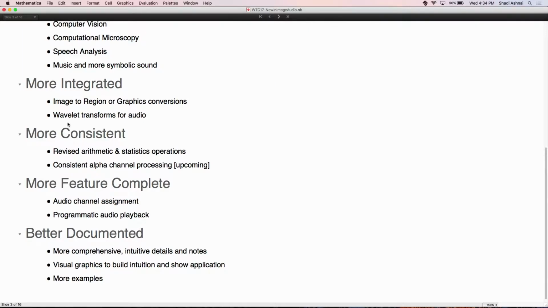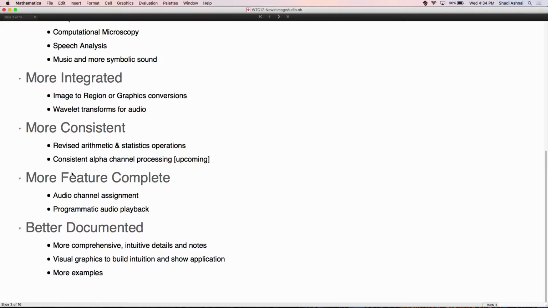We are trying to be as integrated as possible with the rest of the system, just because we see that our subsystem is much stronger, much more powerful, and much more useful if it is integrated with the rest of the system. So we are building the bridges to make the connections. We are making consistency updates whenever we see that the design of this or that feature that we have added is not super consistent, not easy to remember. We're trying to fix all of those. And obviously, we are trying to be feature complete as much as we can.